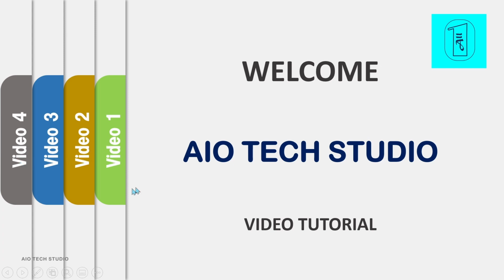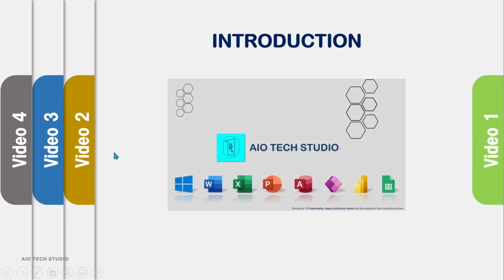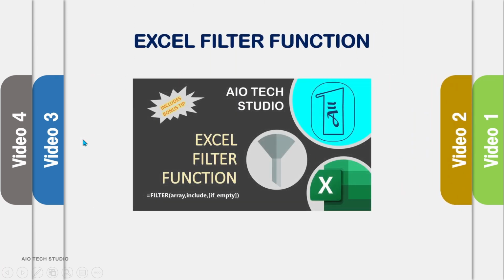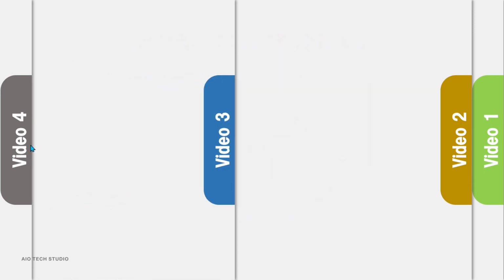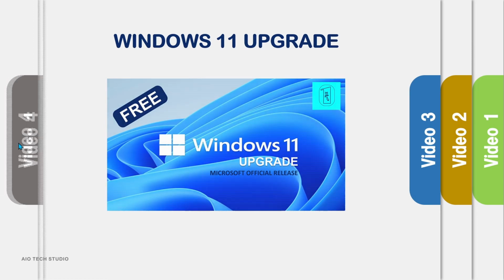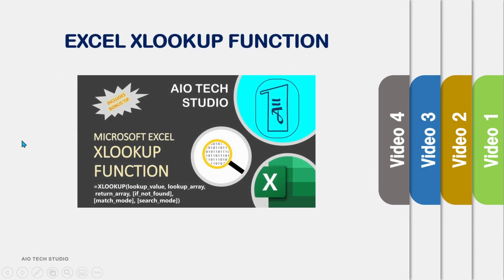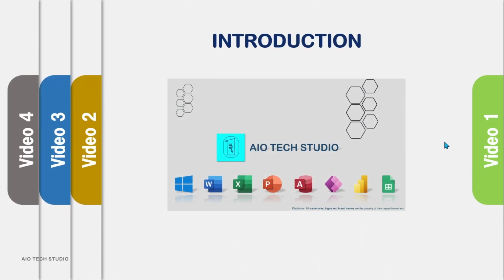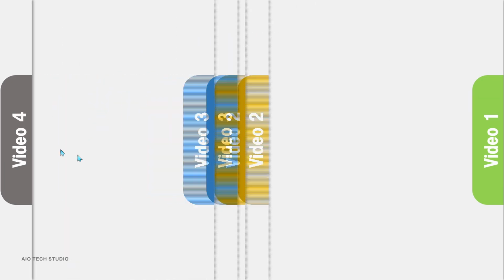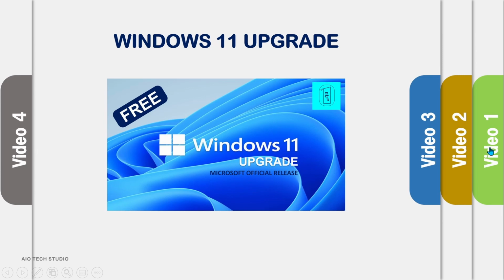These tabs are clickable. So if I click on the first video, the details of the first video will come. If I click on the second video, the details of the second video will appear. Same way, I can click all the 4 tabs and all the details of these tabs appear. I can go back to any of the slides by clicking the tab. And I can even go back to the first page by clicking the first video.